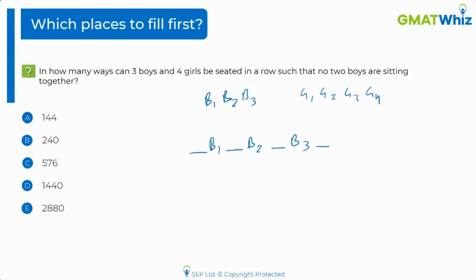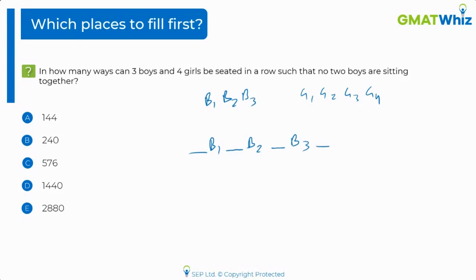Okay, you fix the boys, which is probably what I told you to do. I told you to take care of the constraint, so the boys shouldn't be sitting together. However, there is a problem here. When you do this, you're assuming that between two boys there can be only one girl. But there is a possibility that the